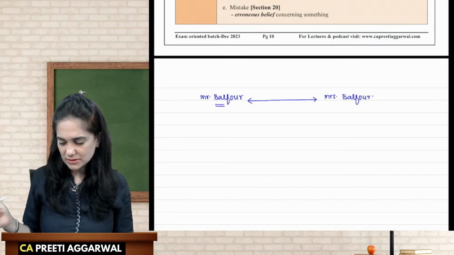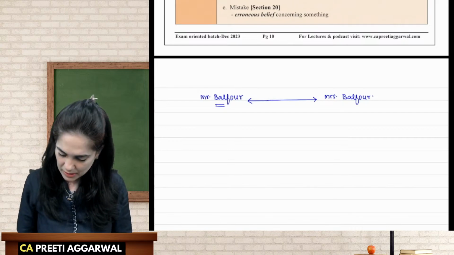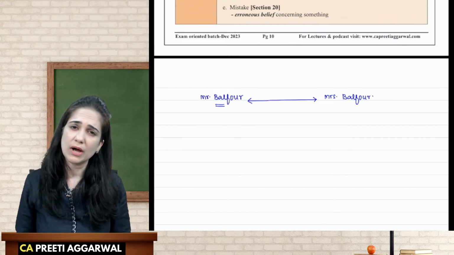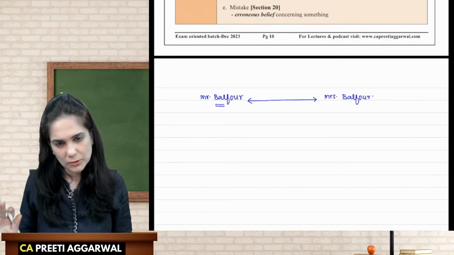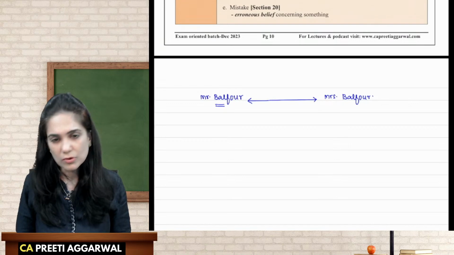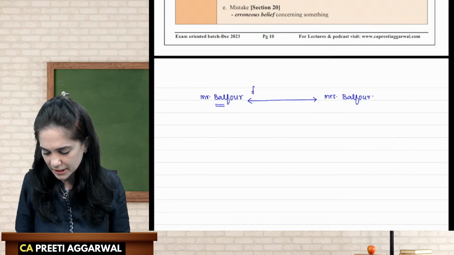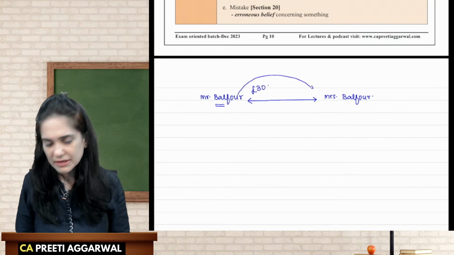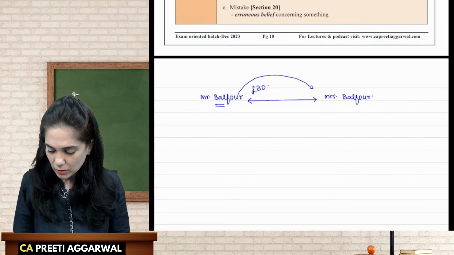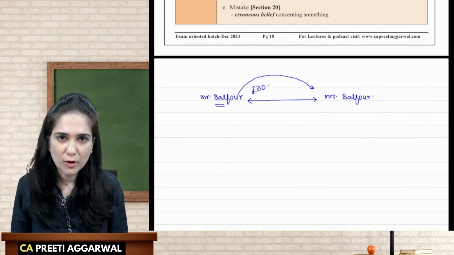So he said, yes, quickly, pack your bags. We have to go back to Sri Lanka. Mrs. Balfour says, no, I can't travel. I have developed arthritis. So he said, all right, you stay here. I will give you maintenance. Okay, so he promised to pay her 30 pounds per month. He made this promise and he went away. Now, he made the promise, but he failed to fulfill that promise.